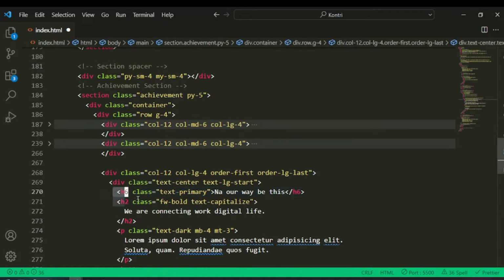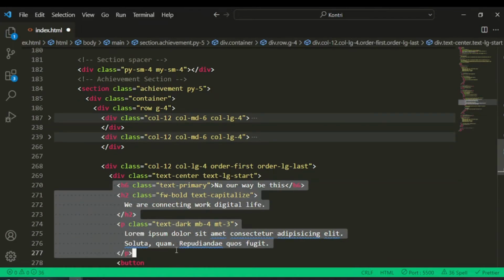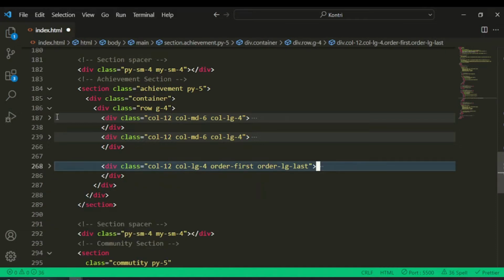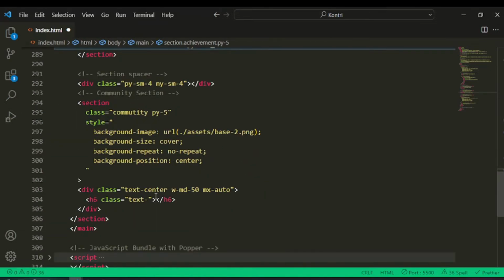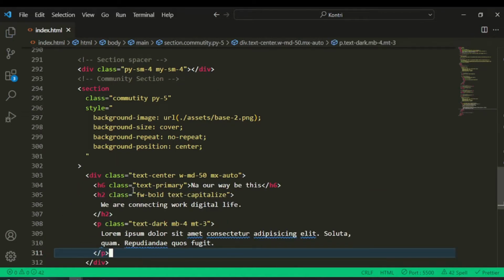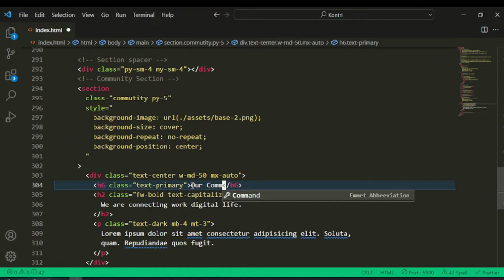So from here all the way down to the P tag, we just copy, and minimize or collapse that section, and then add the text here. Instead of writing the code again, I can just copy and paste because we need to move fast. If I press save, this should give me the same thing, but I can change the text here. And now this text will define our community,